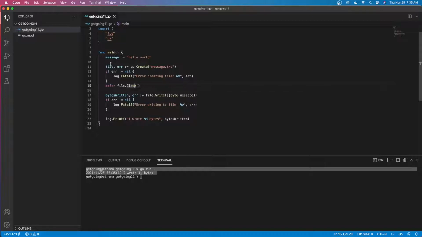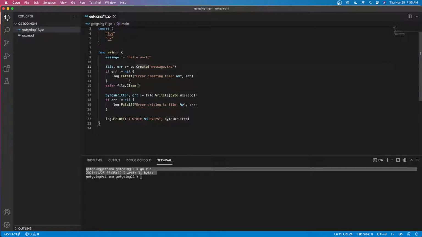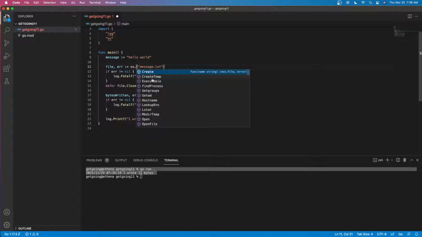All right, let's go and look at the other forms of os.Create. So we used os.Create. However, there is os